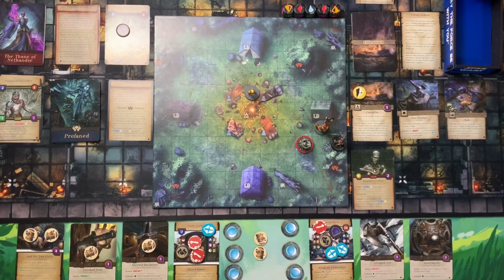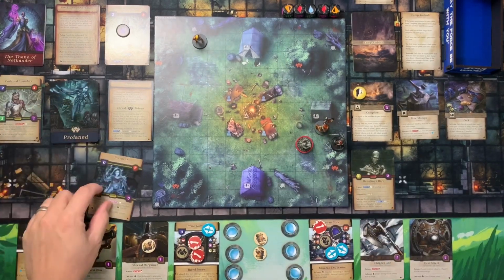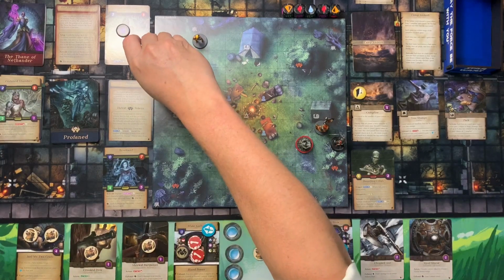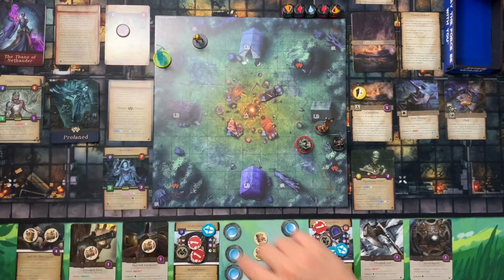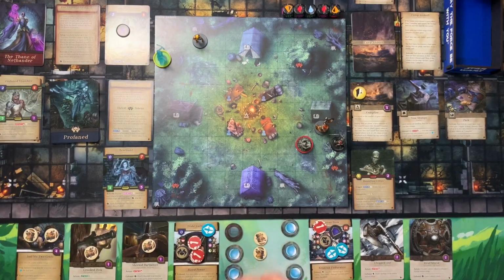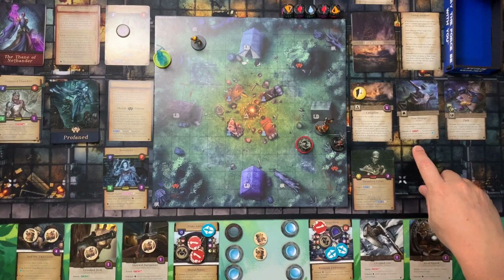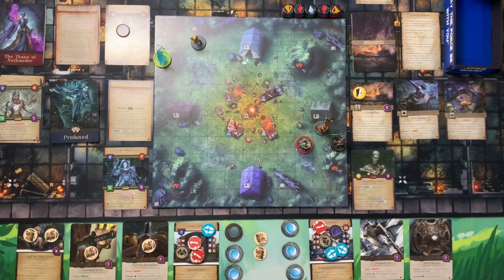Okay, so good. Let's do this. 1, 2, 3. We have to draw a threat card. Revenant, yellow, Revenant. You obviously are going to pop up right here. So that was our first action. Our second action is going to be to interact. And I may exhaust a weapon card I control. So I'm exhausting this card